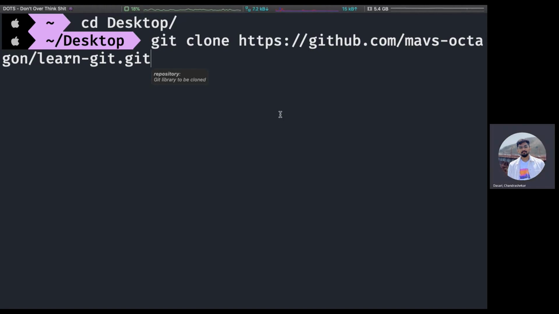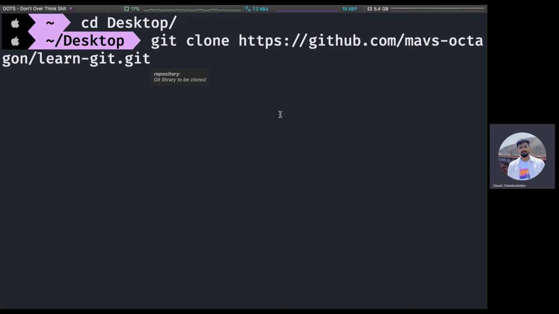Git clone and then paste it. Okay. You can go to the directory. Do cd learn-git, or however you change directories in Windows. CD. You can use that in PowerShell too. Just do cd learn-git. Once you clone it, once you press enter after this command, there should be a new folder in there called learn-git. So just change to that directory.